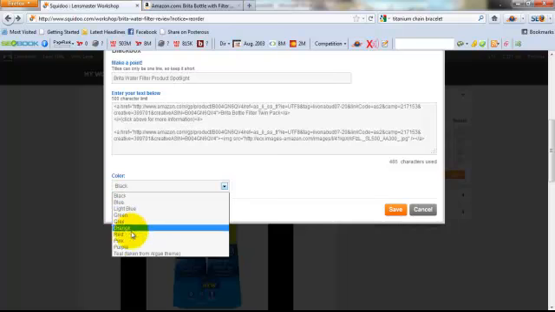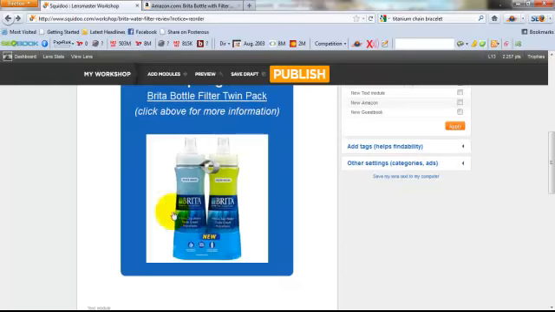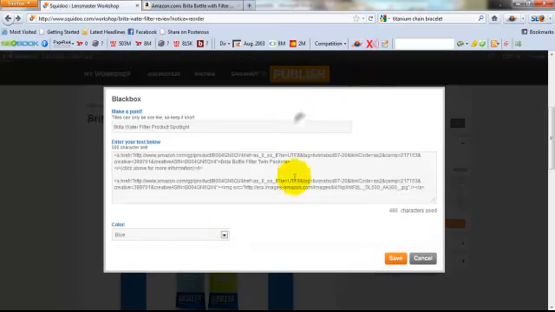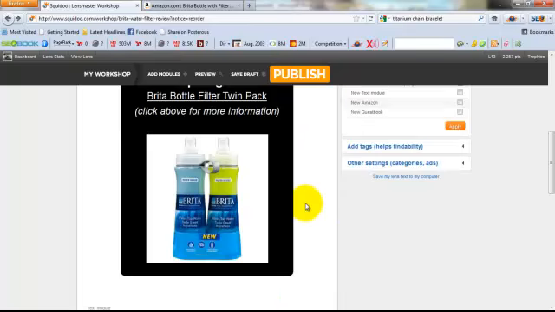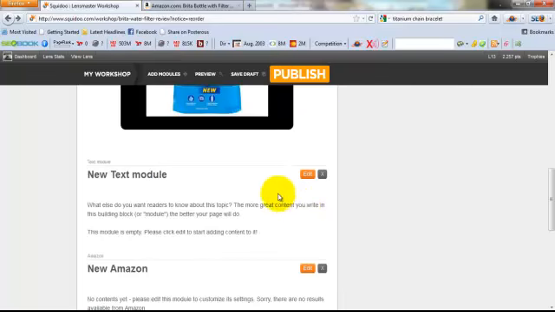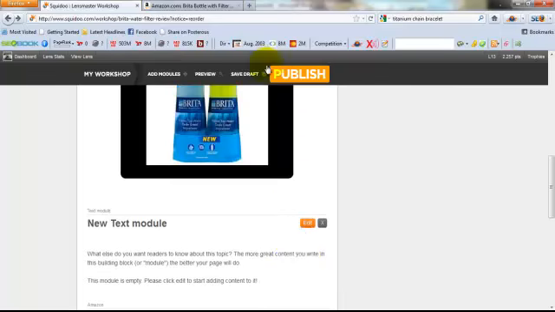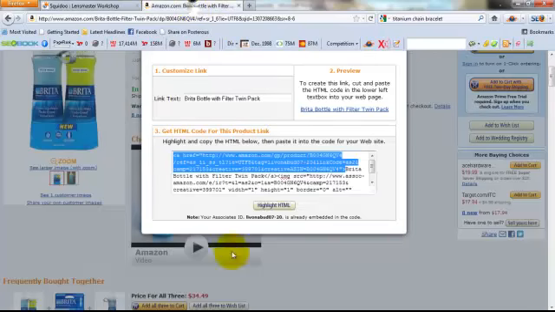you have all these colors that you can turn this black box into. So if you wanted to choose something other than black, you can. You can choose blue, for instance, and save. I don't like that blue, it kind of hurts my eyes. So I'm going to leave it black because I like black. Alright, so then you can jump into your first text module,